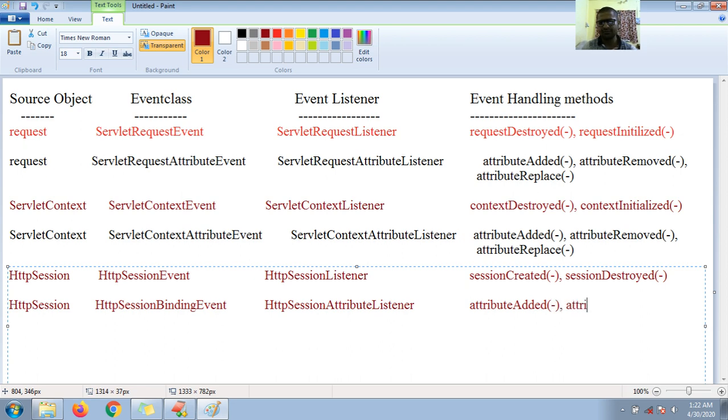Next, attributeRemoved, then one more, attributeReplaced.